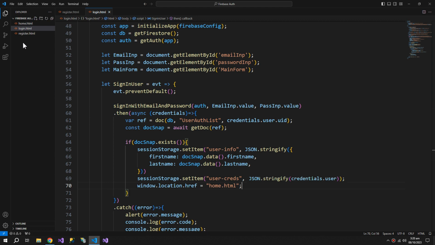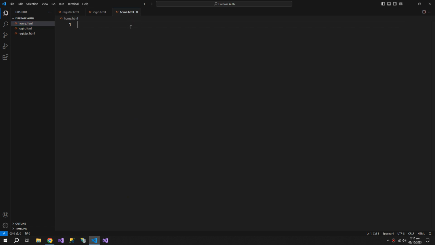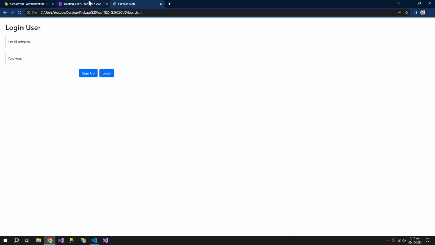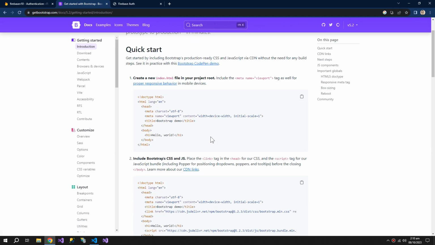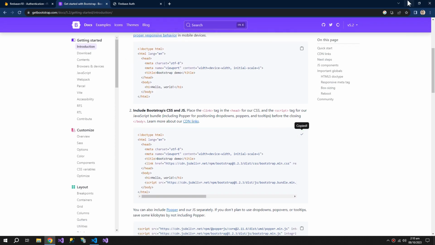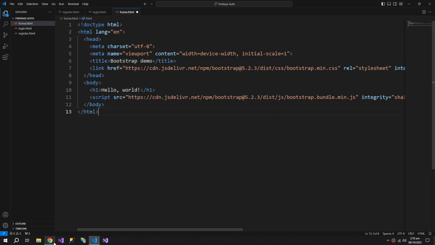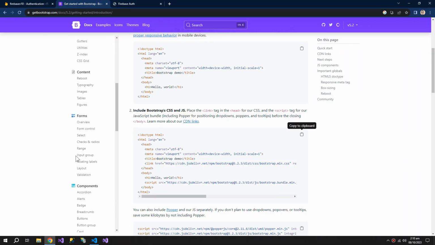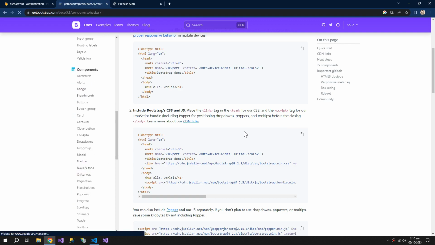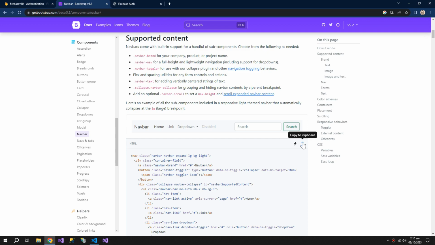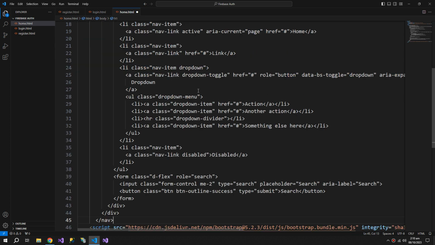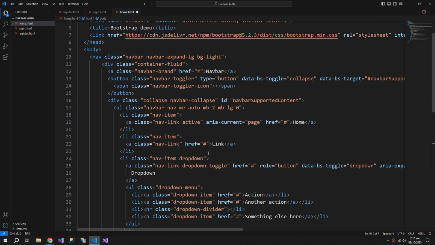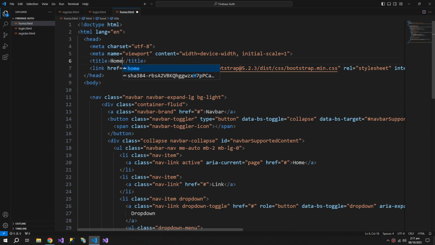So now let's move on to the home.html. So for the home page, I will again take the help from Bootstrap, and I will again get the starter template, and another thing is I need a nav bar, because the sign out button is usually within the nav bar. So I'm gonna paste the nav bar here, change this to home,